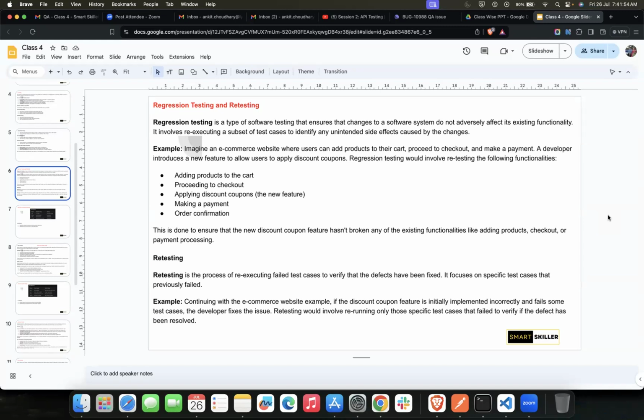And it's not only after regression testing. If you test anything for the very first time, suppose a module has been developed, you write the test cases for that particular module. Whenever I say module, I mean that particular functionality, like the homepage module. The homepage module was developed, and you wrote the test cases for that entire module. There were 50 test cases that you wrote down. Out of those 50 test cases, 10 were failing. So you created 10 individual issues for those 10 failed test cases. Once those 10 issues have been fixed, you will be retesting those 10 issues.